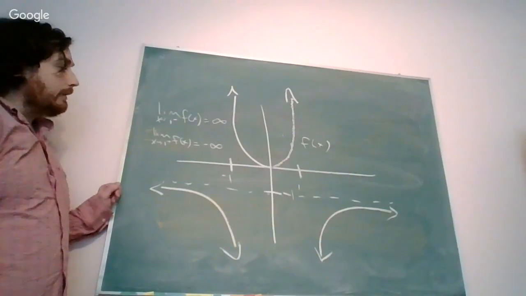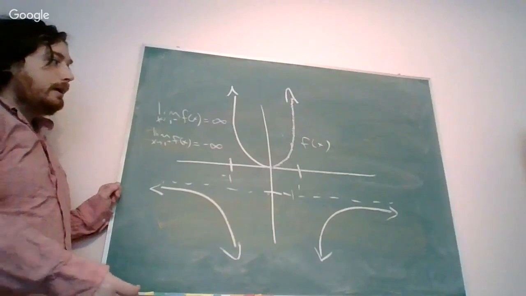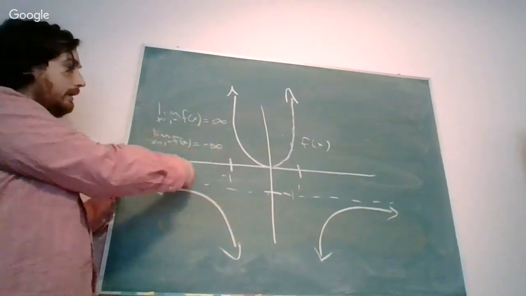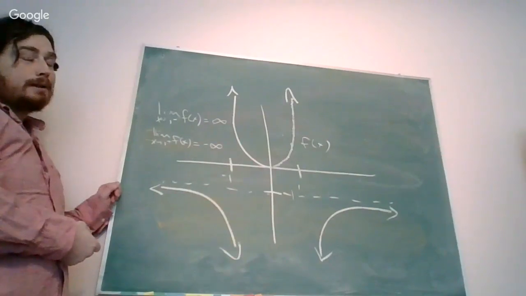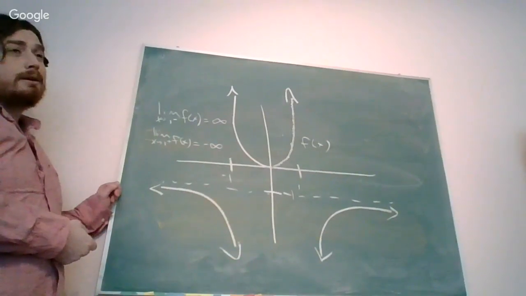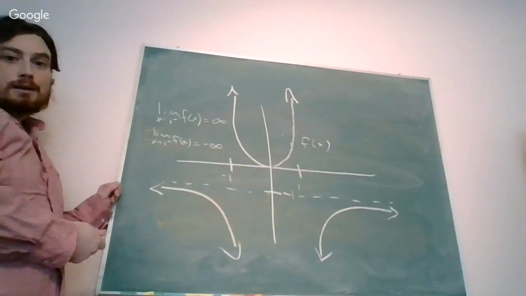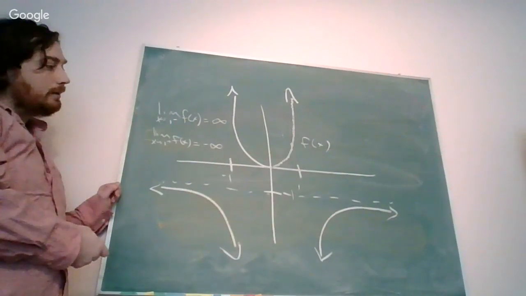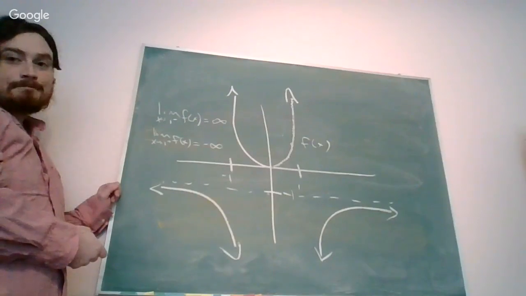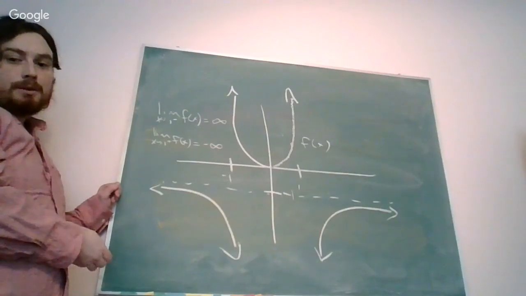We can't say any more than that. If we had both of them being infinity, it still technically does not exist, but we could say the two-sided limit does not exist in such a way it gets arbitrarily large, so it is infinity. But we can't say that in this case because they are going different directions. The other one that will come up is